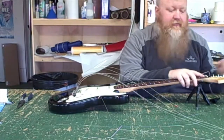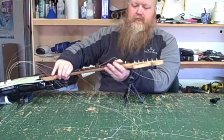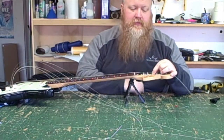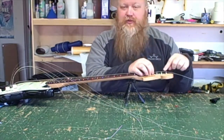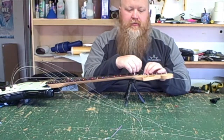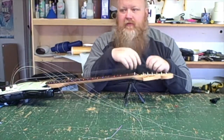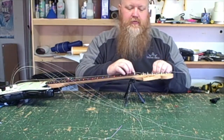Now you can do this a couple of different ways. I'll try to show you. Some people will come up and measure off two posts away, and then you kind of have to guess once you get out to the last two. But they'll snip it right there, stick that through and then wind it around. But if you have the telly style with the split in the top, that works great for that. Like I do that with my bass, but for these, super easy trick